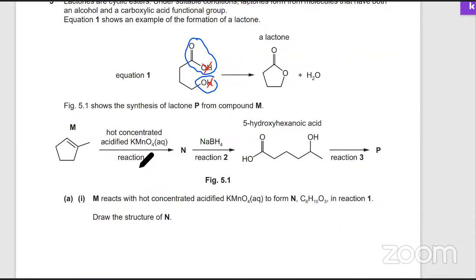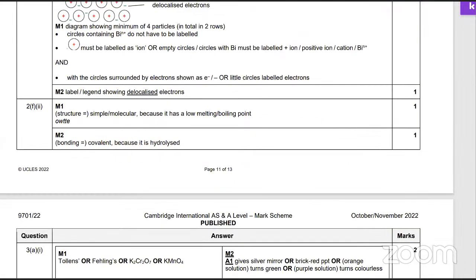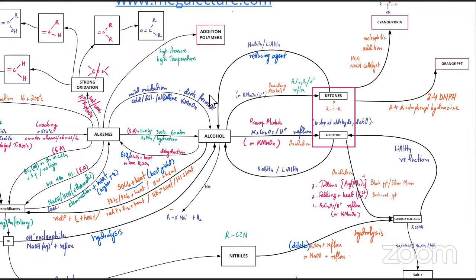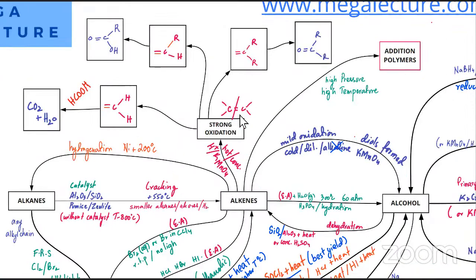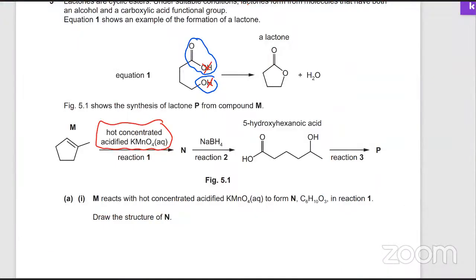from compound M. First thing, hot concentrated KMnO4. What does it do? Hot concentrated KMnO4 क्या करता है? That's oxidation. ऑक्सीडाइज कर देगा, किसको? एल्कीन को ऑक्सीडाइज करवा देगा। ठीक है, so it oxidizes an alkene and you've got three options. अच्छा, when you have an alkene, तो three options होते हैं कि the double bond completely breaks. If the double bond carbon has two carbon chains, that will turn into a ketone. If it's got one carbon chain, it will turn into a carboxylic acid. If it's got two H's, then it will turn into methanoic acid and then get oxidized to carbon dioxide and H2O, ठीक है।